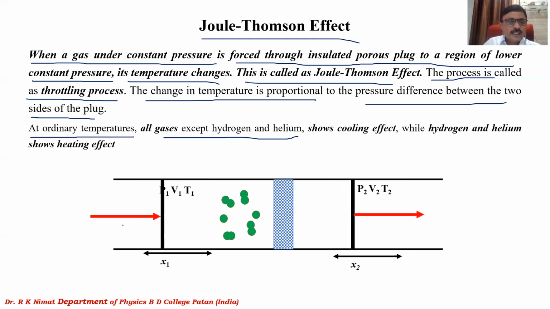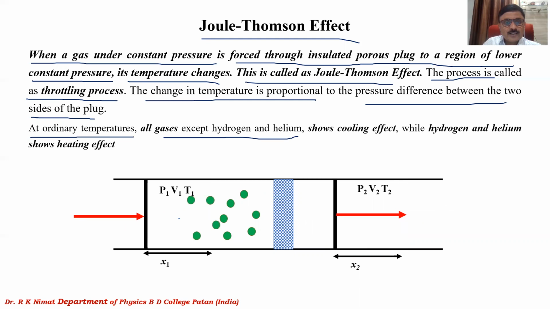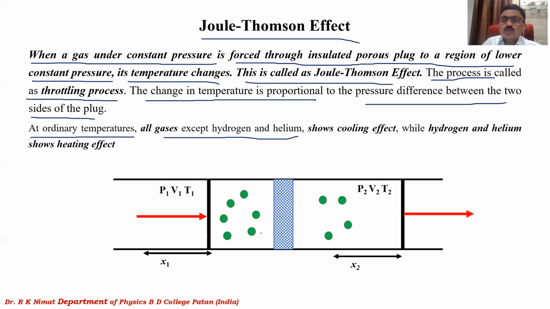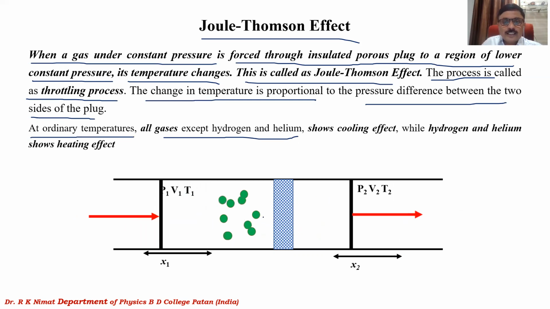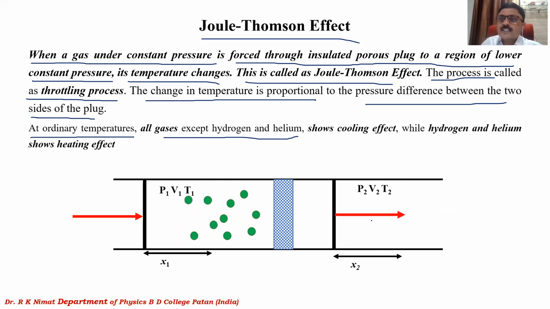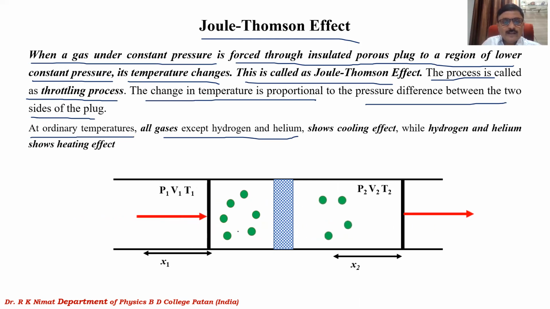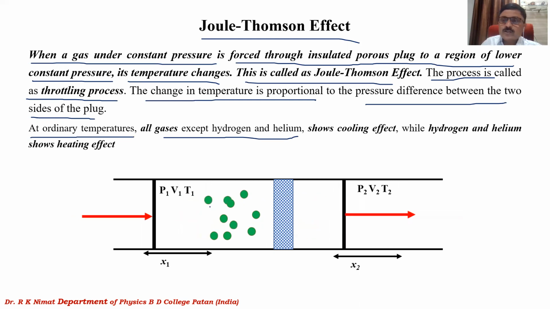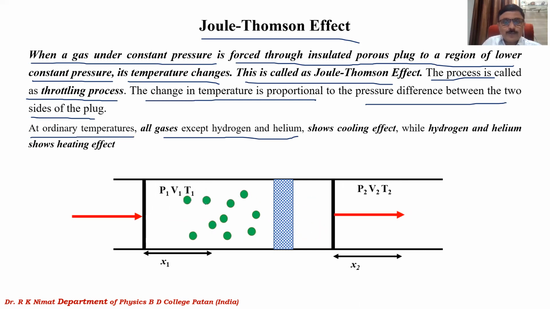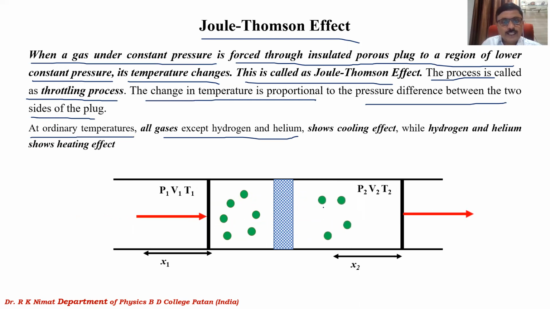And suppose this is the region A and this is the piston A. If you force this piston by applying certain force, then you will observe that the gas molecules, shown by this green color, pass through this porous plug. And you will observe on the other side, the gas gets expanded. Volume of the gas is increasing. So Joule observed that when the gas is forced, actually the pressure we have to keep P1 constant. Then it is observed that the temperature of the gas is decreased in all gases except hydrogen, helium.